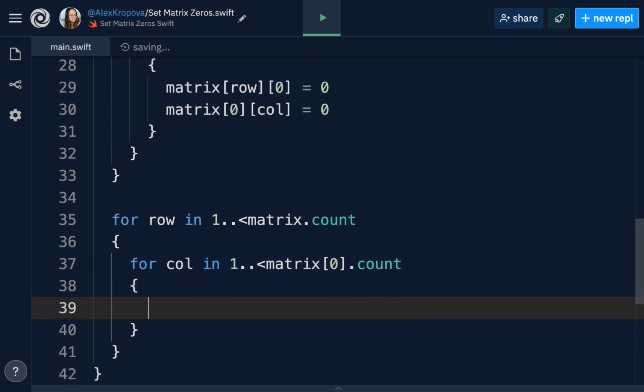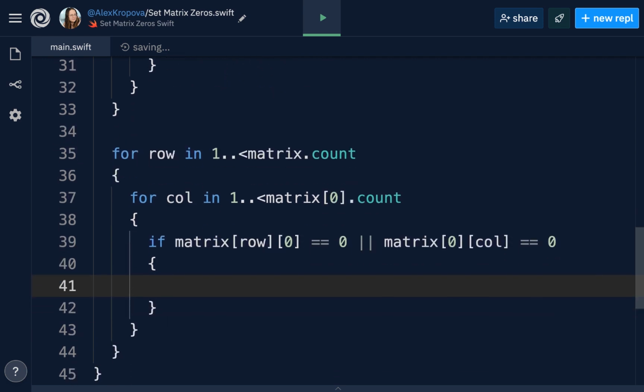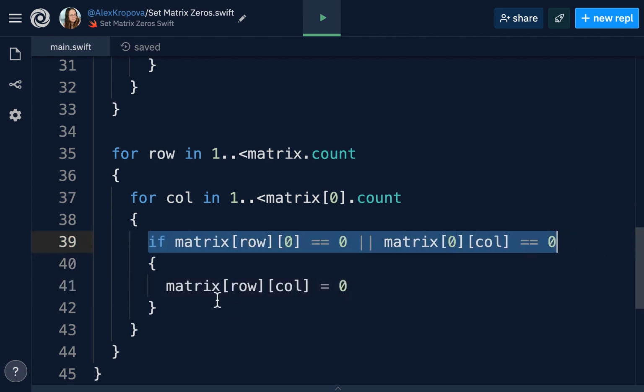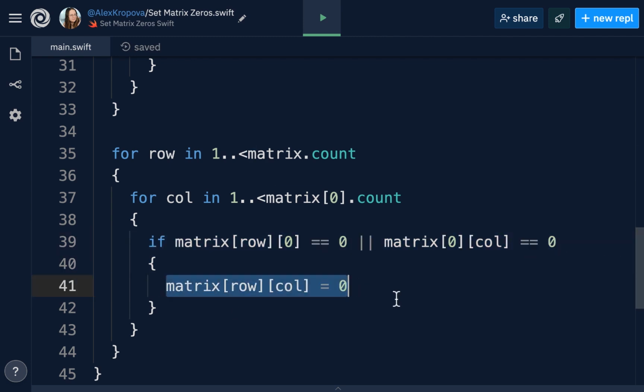And what we'll do in this nested for loop is we'll check if the matrix at the current row and at the 0th column is equal to 0, or if the matrix at the 0th row and at the current column is equal to 0. And if so, that means that we have found a 0. So we have to take the matrix at the row and column and assign it to 0 as well, because that means that the associated row and column with that value contains a 0. So we must match its value to become a 0 as well.